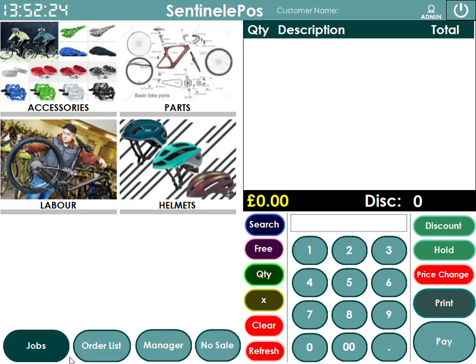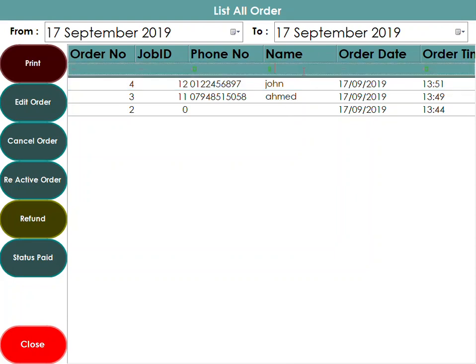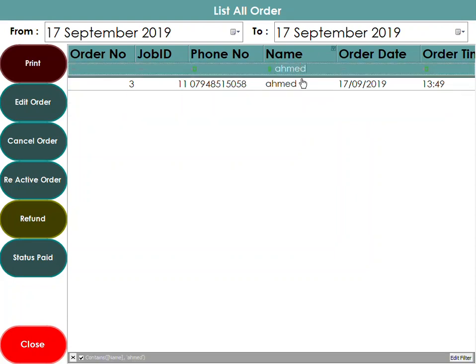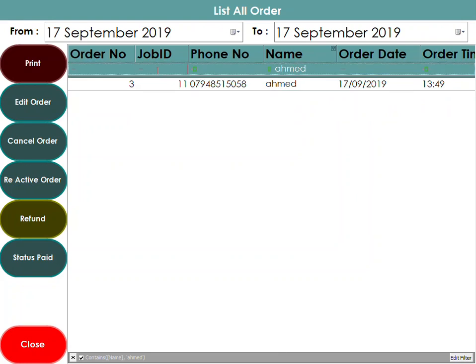Okay, so in the order list, you will see all the order list. You can search the order job by the customer name. So if you want to search Ahmed, you write Ahmed, it will only show the Ahmed order. You can search by job ID. For example, on the receipt, there's a job ID. You can write 11 and it will search only the order, which is 11, or you can search by date